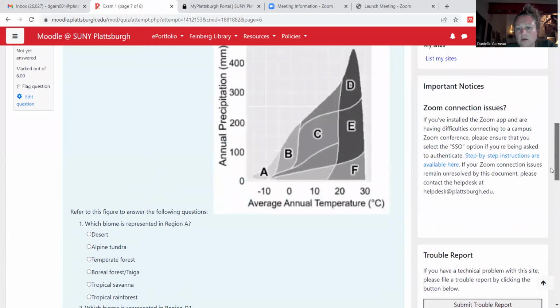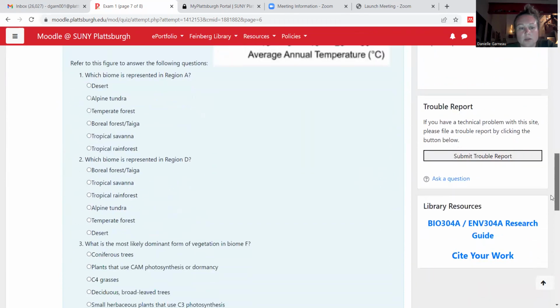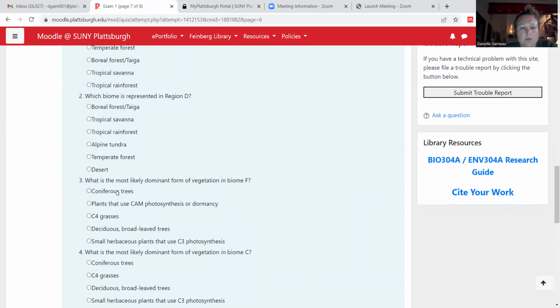Let's go take a look. So F is really warm and really dry, right? So if you are a warm and dry habitat, you probably won't have conifer trees. We see that in the boreal forest. Plants that use CAM or dormancy, that kind of makes sense, right? Desert plants. You see C4 grasses, well, they might be even warmer than that, right? So that is sort of what we might see